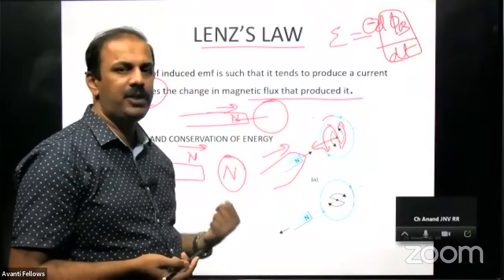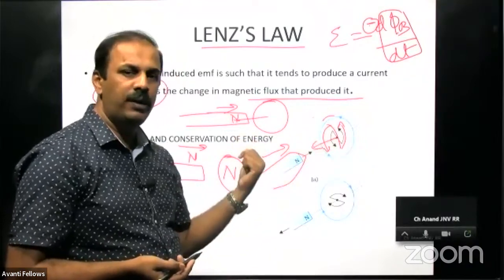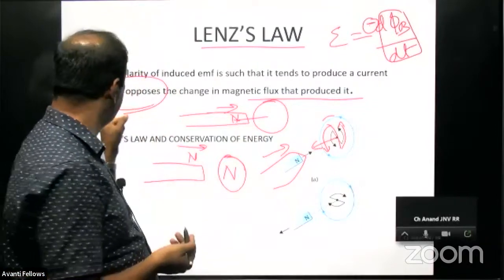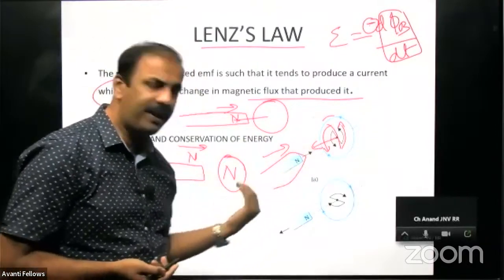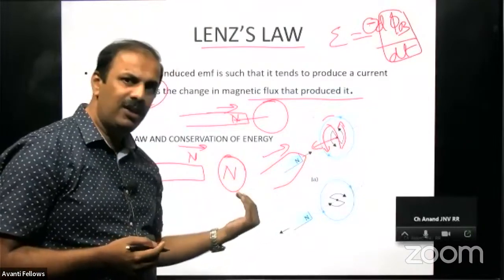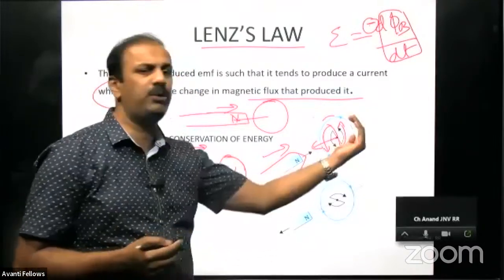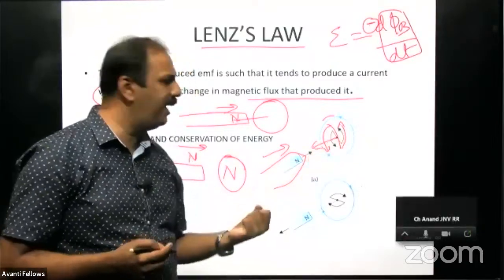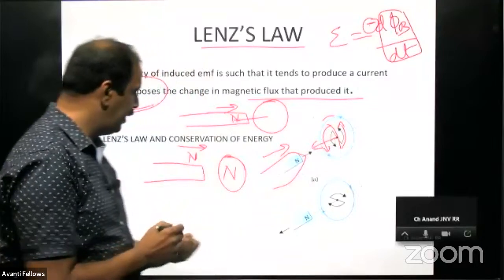Now the next part is, if you pull this one back, what will be the direction of current in this one? When you pull the north back, again it should oppose. You are pulling it back. So how to oppose it? You are pulling this side, opposing that one means you have to push that one toward that side. So if you want to push this north toward that side, it should be south. That is,